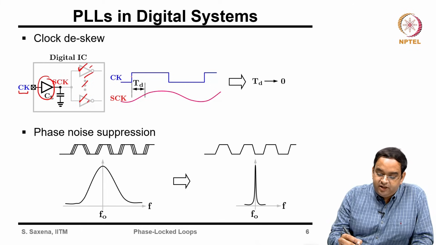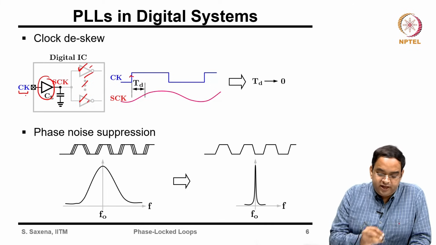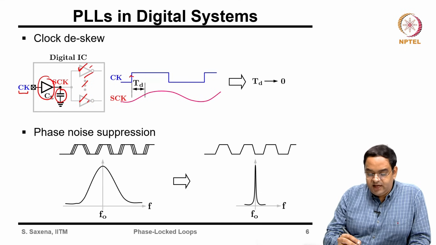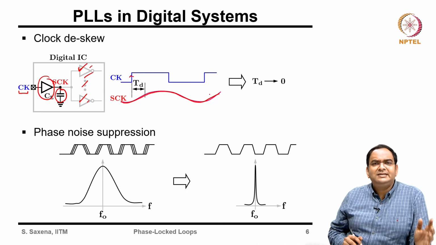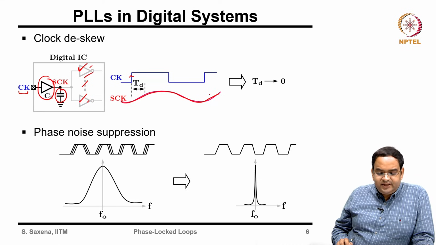What is going to happen? You are feeding the clock here at the input, and because there is a lot of parasitic loading here, the actual clock signal changes. It's a simple RC delay, a charging discharging delay. When this clock signal changes,